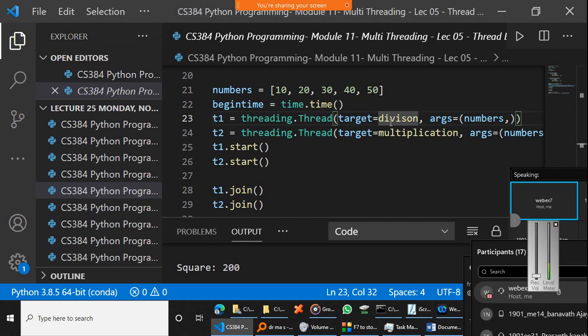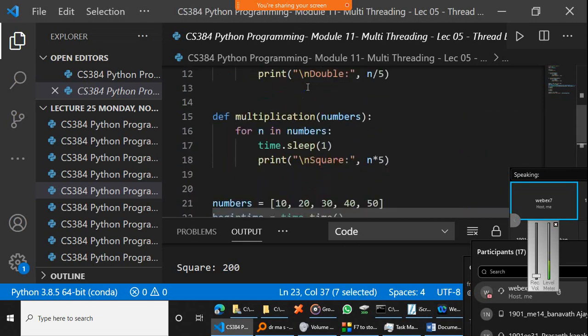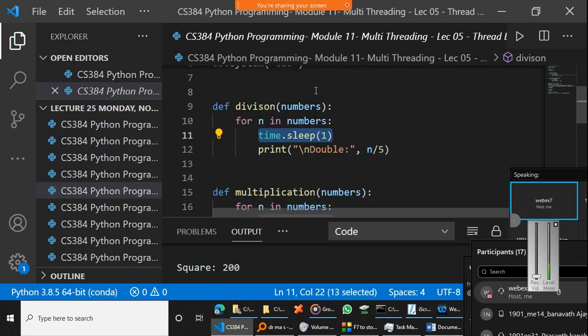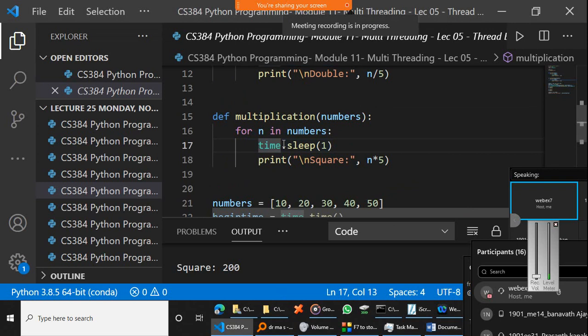Since they are executing in a parallel fashion, every division or multiplication in this case has a sleep timer of just 1 second. Since both are executing in parallel in memory, one program will take a little more than 5 seconds because there are 5 numbers in the list and the sleep is 1 second. So it will take 5 seconds plus some more time.